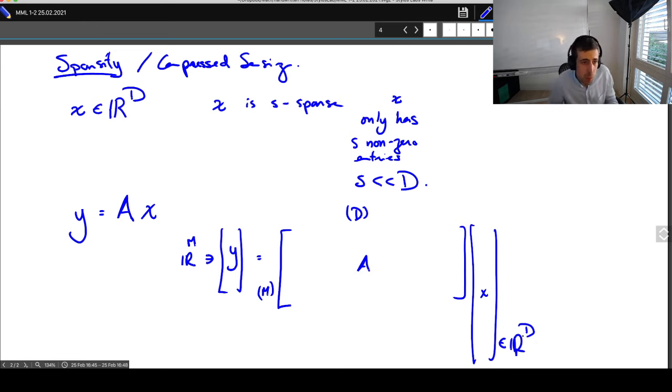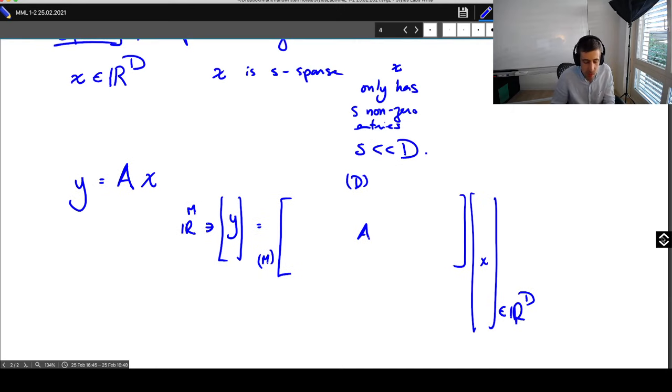Okay. And so we know from linear algebra, numerical linear algebra, and so on, that if I want to be able to solve a linear system, I ought to have my matrix be square and nonsingular and so on. So I ought to have as many measurements as I do unknowns. But here we know that the vector is S-sparse. In particular, if I knew exactly which coordinates were zero and which weren't, then certainly I would only need M to be S. But the point is I don't know. I know that the vector is S-sparse, so it will have some non-zero components, but I don't know where they are. So another question is, can we